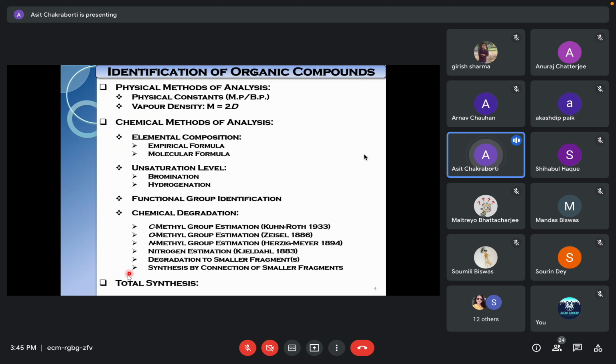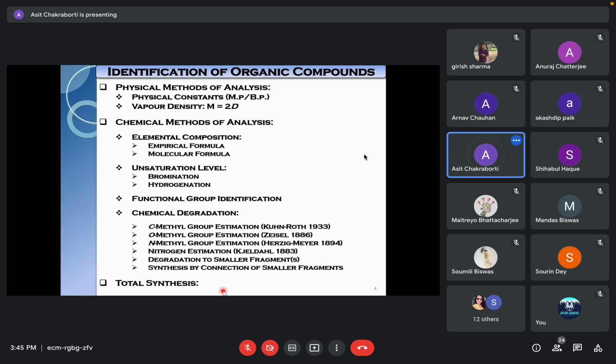Right, so once you have synthesized the compound chemically, it might be a multi-step synthesis. There always remains a possibility in one or other step that the reaction you are expecting to go has not gone. It is a separate compound. You might end up getting a completely different compound because of a side product. So you have to ensure that the compound you have obtained from a total synthesis, right from A to Z, step 1 to step 2, right?